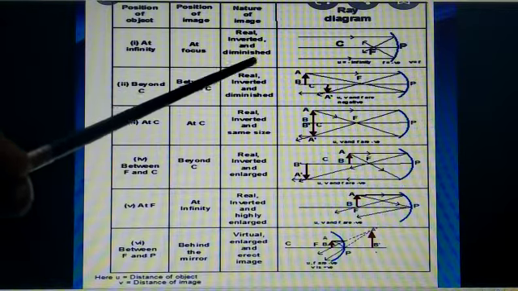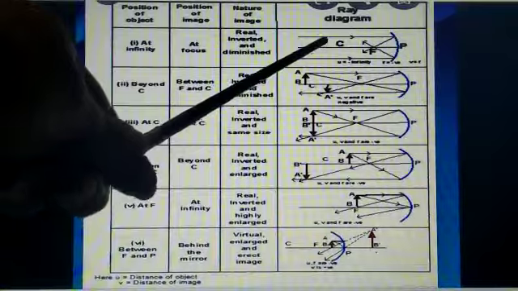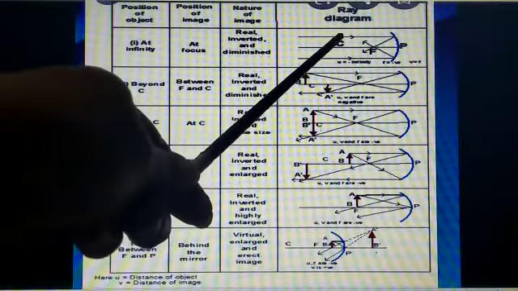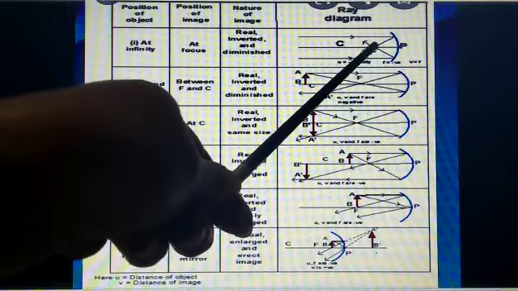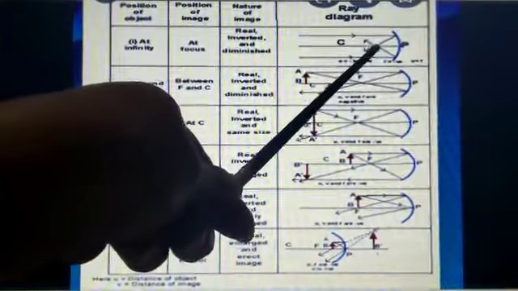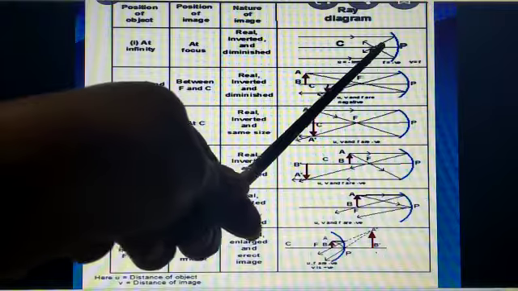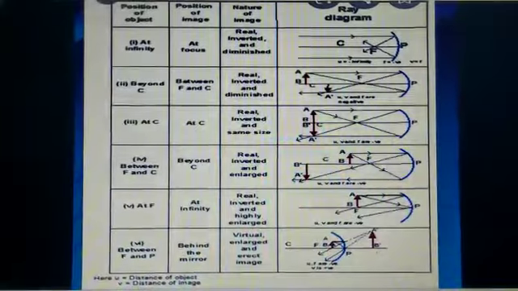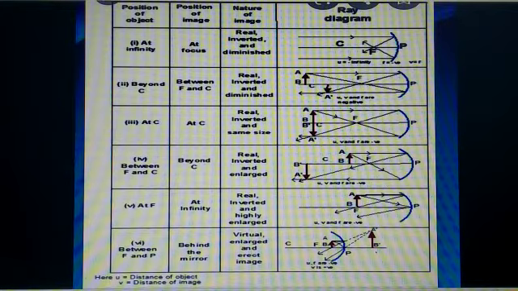Then the other letters maybe you know. Center of curvature, that I already told, capital C. And for focal length we denote the small letter f, not capital F. Capital F is for focus and small letter f is for focal length, as given here. Yesterday I told you that you should learn about the properties of light rays which fall on a spherical mirror. If you have studied, only then can you understand these ray diagrams, because first you should know the properties of light rays which fall on a spherical mirror.